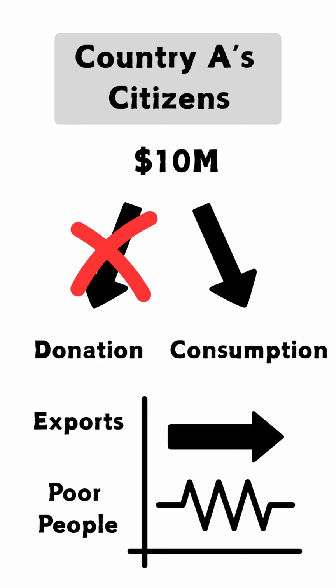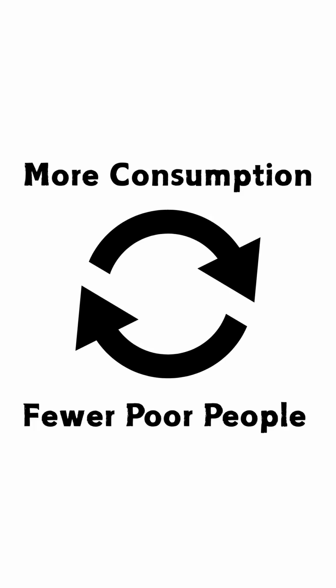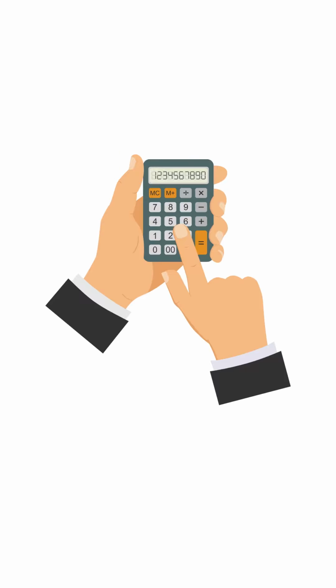If country A's citizens had not donated the $10 million, but had instead spent that money domestically, country T's exports would not have declined, and its poverty would not have worsened. Moreover, if country A's citizens increased their consumption, country T's exports would rise, factories would hire more workers, and poverty in country T would actually decrease. Clearly, under these conditions, donations exacerbate poverty in country T and thereby reduce overall utility. To increase overall utility, the appropriate course of action for country A's citizens is not to donate, but to increase consumption. Once overall utility is properly calculated, it becomes clear that consequentialism does not impose extreme demands on individuals.